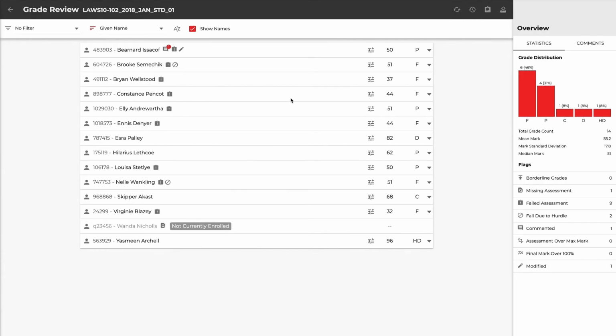Our system is extremely flexible, so we allow certain grades or certain marks to have multiple applicable grades, with one assigned by default. So as an example, here we have Constance, who is on a mark of 44, which is by default a fail. But it may be appropriate to assign one of these other grades. This is all completely customizable by your institution. Some grades may allow the instructor to simply change that grade, where other grades may require them to justify the change.